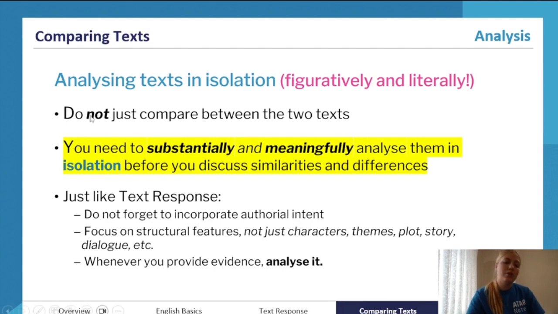As you can see, one of the main structures that students use, the block structure, where you discuss a first text, then link into the second text, is a great structure for this task because you do need to analyze the text in isolation as well. So consider that this might be a bit more difficult to do with the rainbow structure, and you need to be a skilled student if you switch between texts constantly, to be able to make sure that you do analyze them sufficiently in separation.